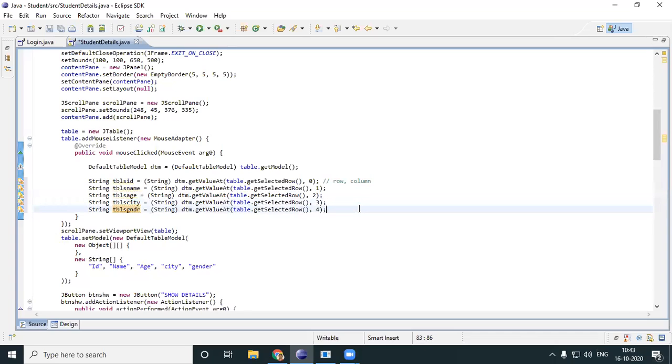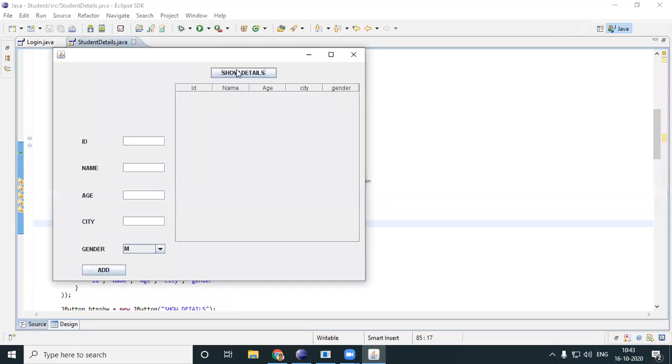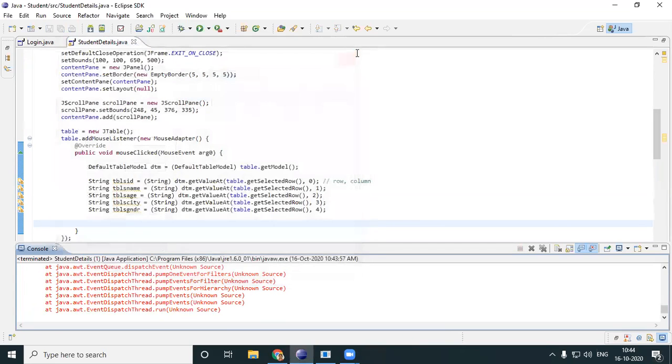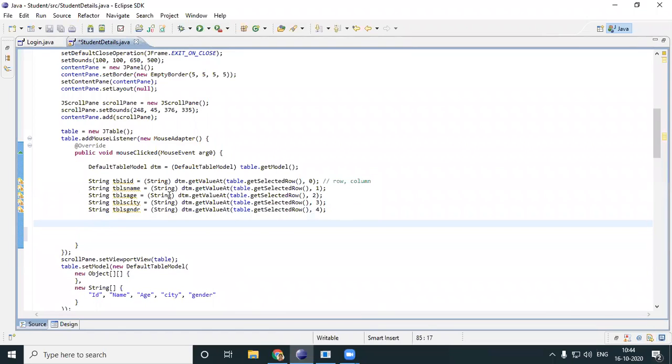Okay, now what I've done is, a selected row, a particular row. I got the first column, the second column, the third column, the fourth column, and then the fifth column. And then I've stored it into my strings. Don't bother about these because we have not completed, that is why. Okay, now I've got everything.